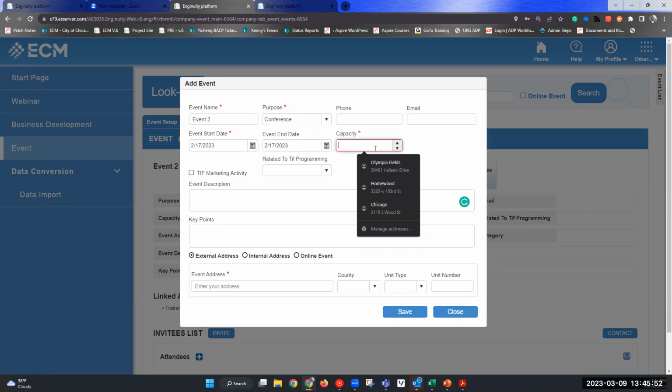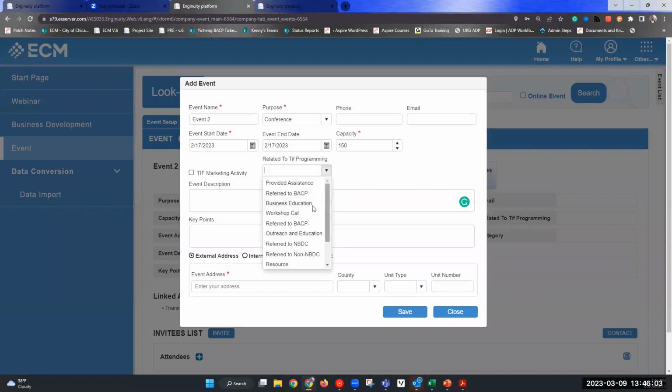How many people attended your event? Let's say about 150. And similar to the business engagement, did you attract any TIF businesses? Need to fix the drop down, but you put the TIF marketing here, and then this was external or internal.